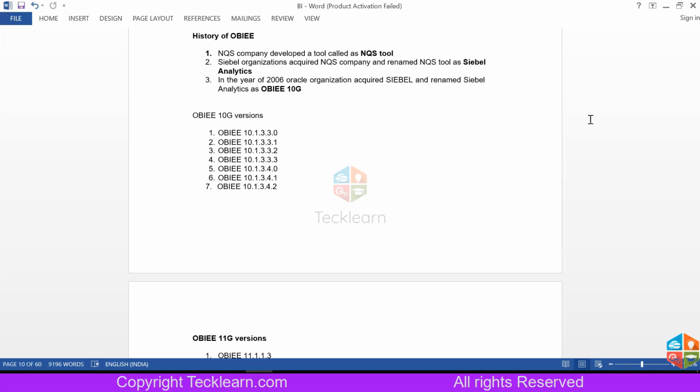Later, in 2006, Oracle, which is very good at acquiring organizations, acquired CBL and renamed CBL Analytics as OBIEE, and its initial version was 10G. After Oracle acquired it, it gave more connectors to different databases and the capability to store and display millions of records in a single report.